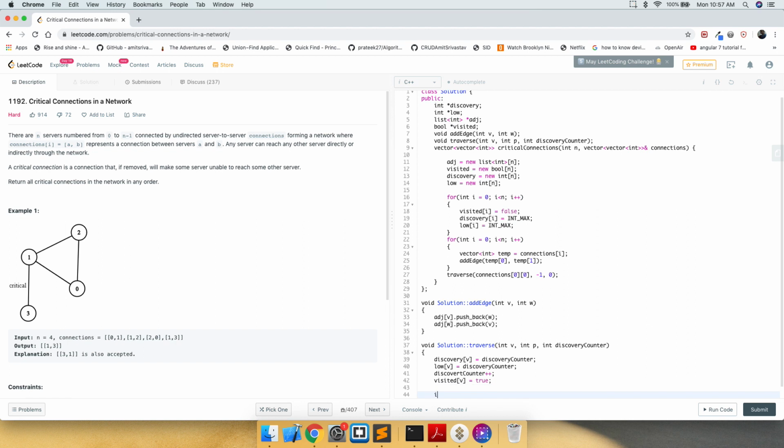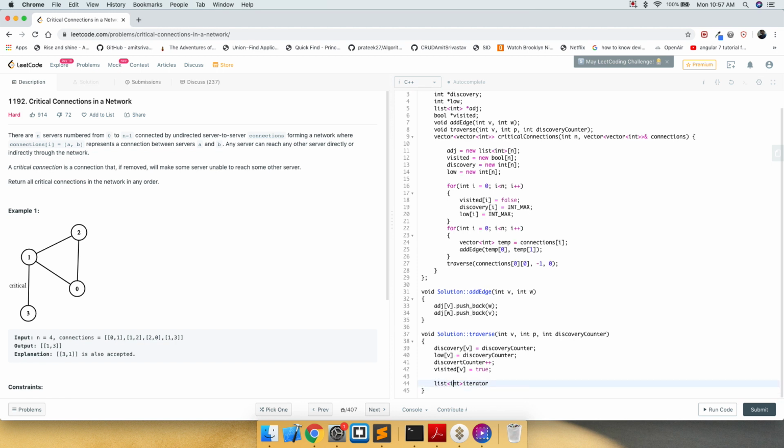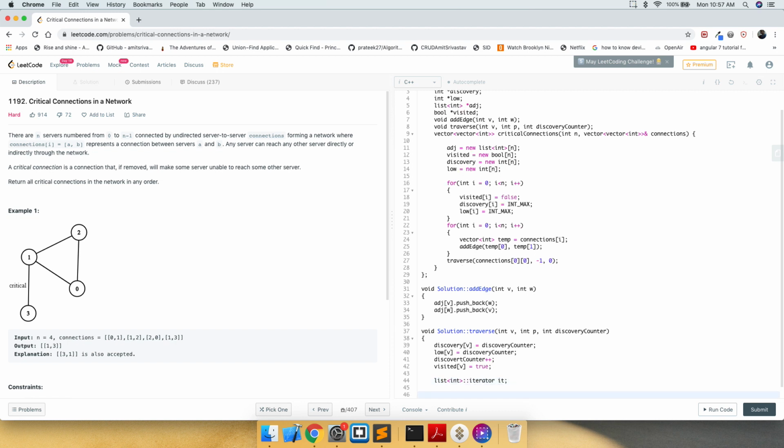We will maintain an iterator, since it's a list. Now we are going to iterate through each of the edges. Let's say we are at 0, we are going to go to 2 and 1 through this for loop. So it is equal to adjacency of v dot begin.